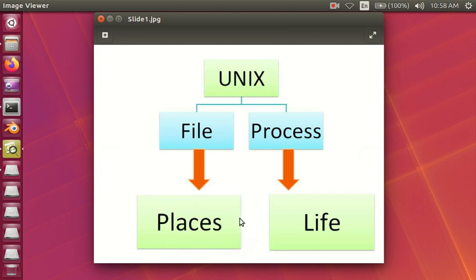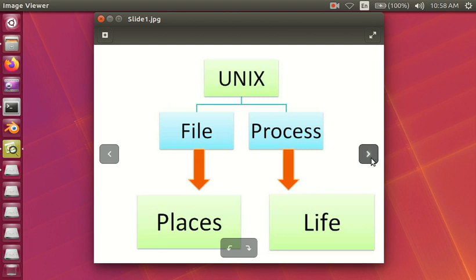Now the point is who is going to provide this place, where the place will be provided, and how this file place will be organized. All these things are controlled by something called a file system, and in order to access any file we need to mount that file system into our kernel. So the file system plays a very important role here.